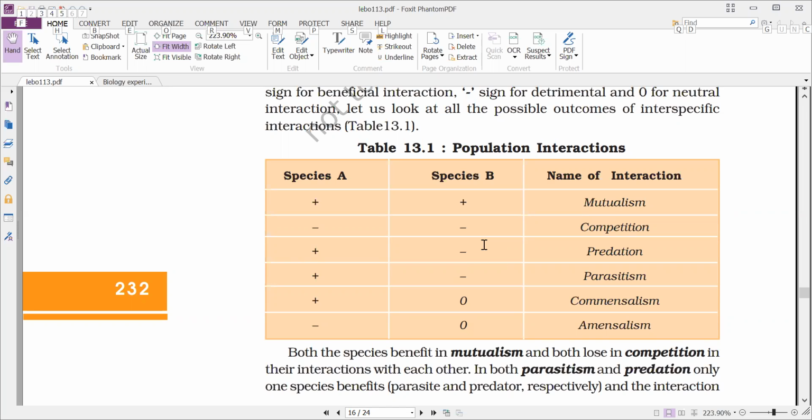When you observe here, the first interaction we are calling mutualism. There are different types of interactions like mutualism, competition, predation, parasitism, commensalism, amensalism. For example, if we take mutualism, we'll have both the species